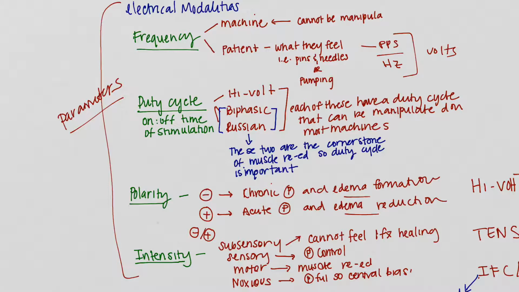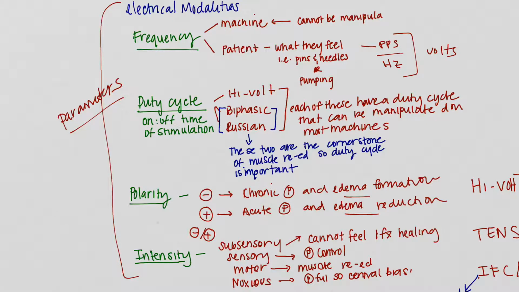I think that's a key component, is looking at the actual parameters, right? Because the parameters tell us exactly what we need to manipulate, in other words, to create a physiological response, right? So the first parameter that either can or cannot be manipulated is frequency. We're thinking about the machine frequency. This is something that cannot be manipulated. This is something that the manufacturer determines, the mechanical engineer determines, but it certainly isn't something that we as clinicians